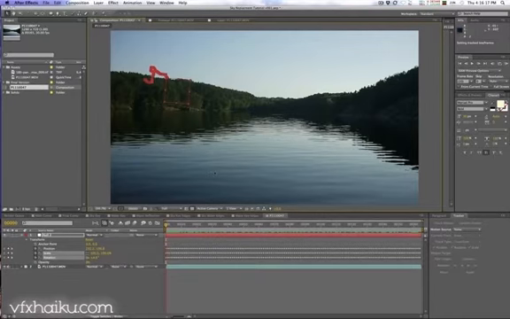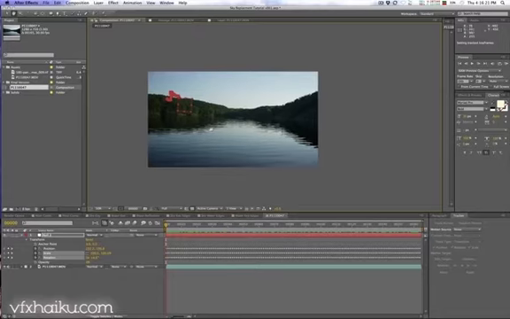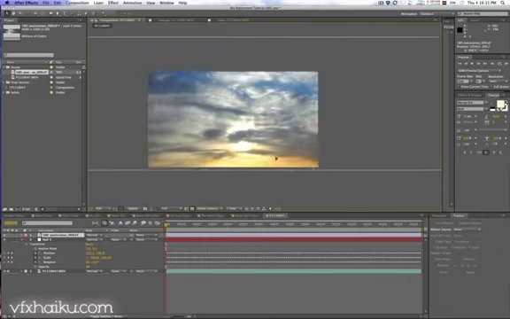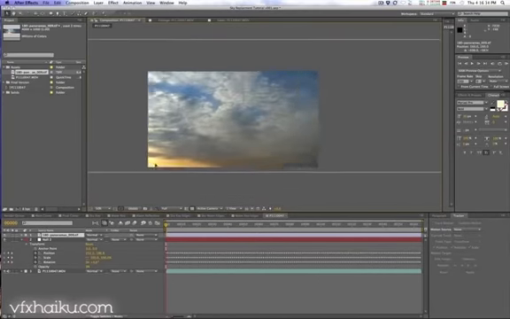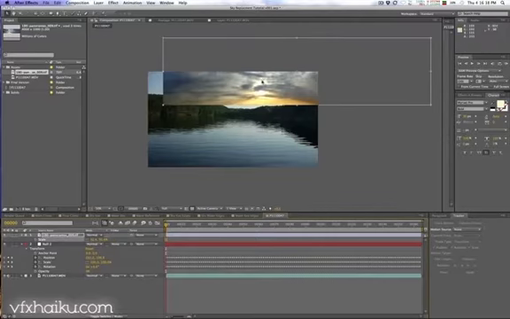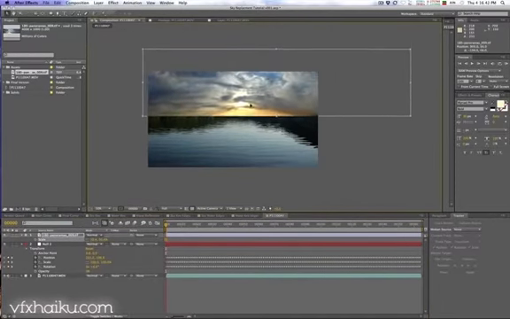Okay, so the next thing we need to do is actually start to drop in our sky and see how the tracking data is working with the plate here. So I've already got my sky asset, so I'm going to just drop it into my comp here, and it's really, really large. It's actually a 180 sky panorama that looks pretty cool. So I'm just going to scale this down a bit and position it roughly where I want it. So I kind of want that sun to be right in the middle there,